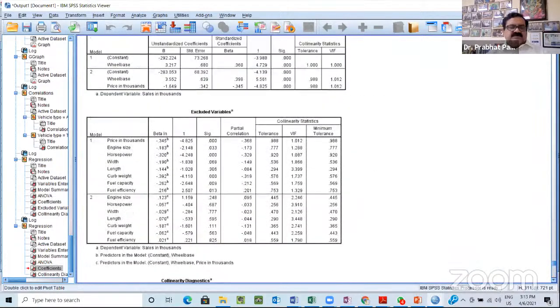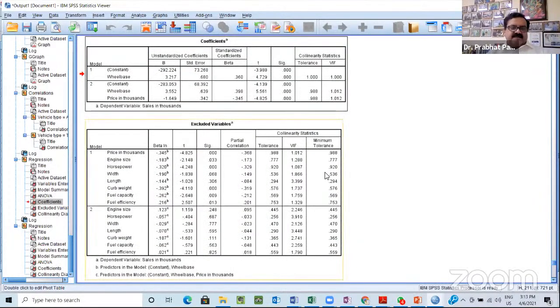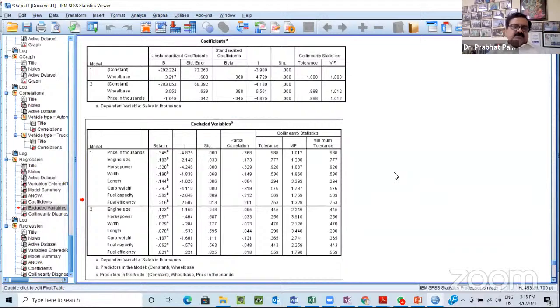But here you see this is the model, and the model without any collinearity is the second model that has been estimated. How the process of variable exclusion happened, just to give you an idea, the software has looked at the partial correlation as the selection criteria. Say, for example, in the first case, wheelbase was picked up. And in the second, it is the price which was picked up. So if you look at the wheelbase,